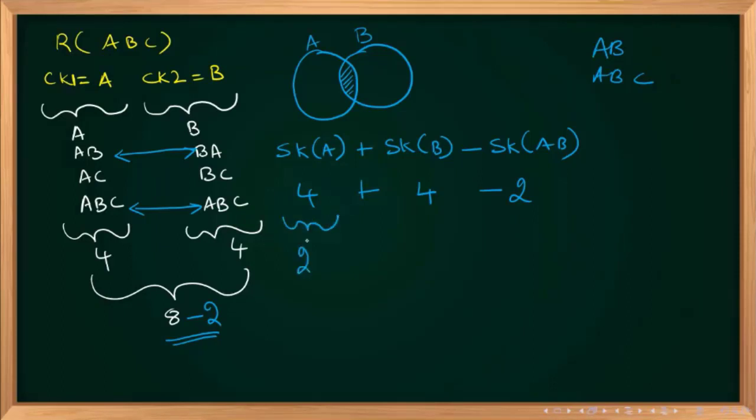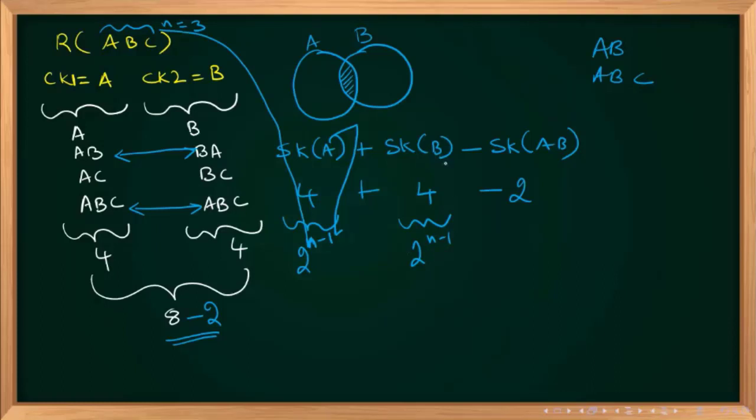We know that it is 2 power n minus 1. Why n minus 1? I have only a single attribute over here. And where did this n come from? N is the total number of attributes. N equal to 3, total number of attributes. Okay, 2 power n minus 1.